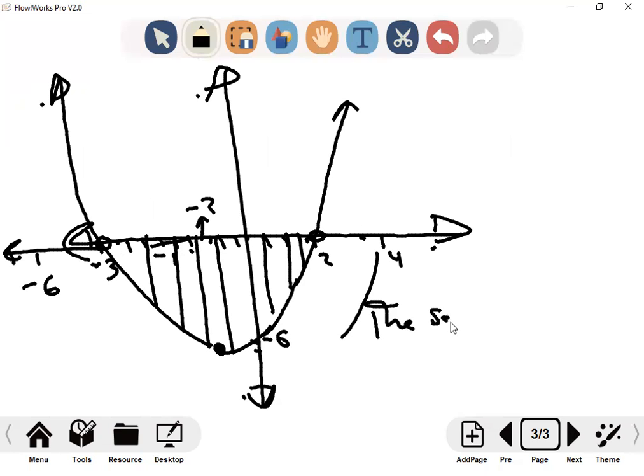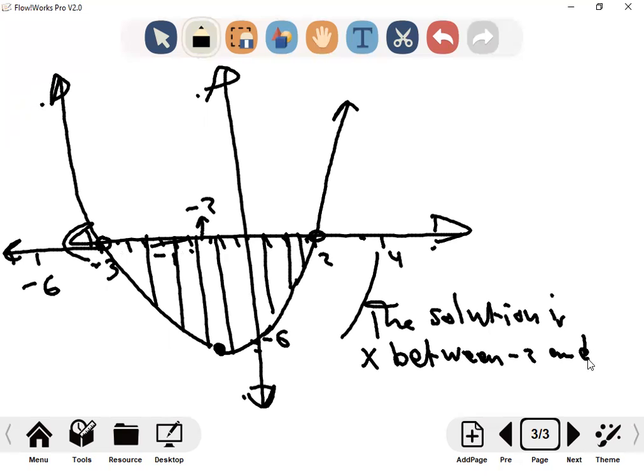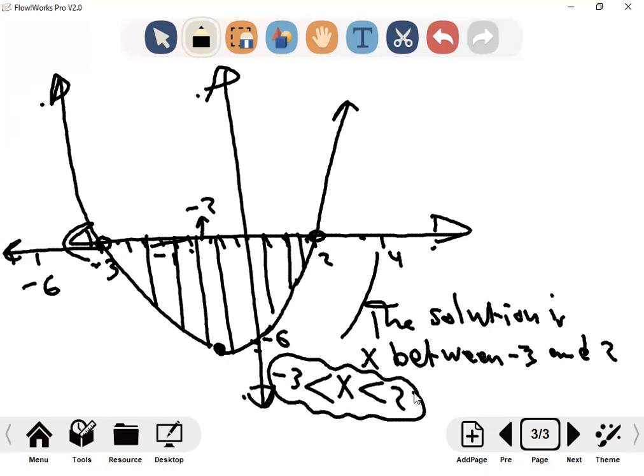The solution is x between -3 and 2. How do I represent it by inequalities? We say x, focus, x is more than -3 and less than 2. This is the solution. But if the inequality